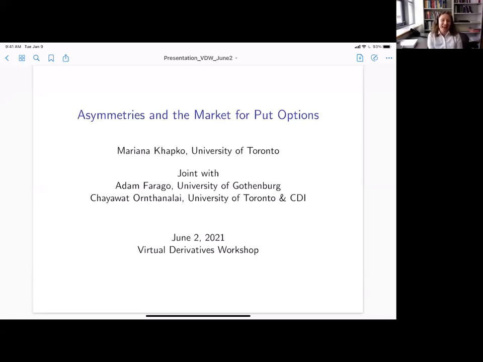So index options, in particular put index options, play an important role in the economy. And there has been extensive research devoted to understanding pricing puzzles in this market. Actually, Dima was a little bit wrong in his introduction because our goal here will be different. We will focus mainly on quantities of put options that are traded in equilibrium, and we will do this within a model that features two asymmetries, and hence the title, one in preferences and another one in fundamentals.